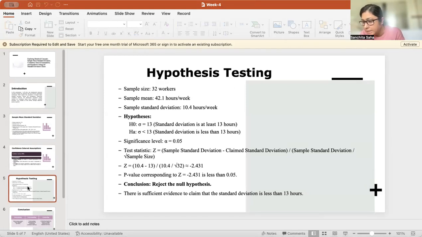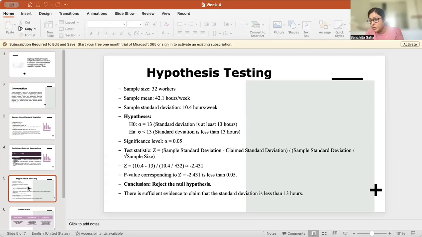Hypothesis testing. Let's put hypothesis testing into action. Suppose we are observing the hours worked by employees in a workplace, and after analyzing a sample of 32 workers, we find that the sample mean is 42.1 hours per week with a standard deviation of 10.4 hours. Now we want to test the claim that the standard deviation is at least 13 hours. We set up our hypotheses. The null hypothesis H0 states that the standard deviation equals 13 hours, while the alternative hypothesis Ha suggests that it's less than 13 hours. Using a significance level of